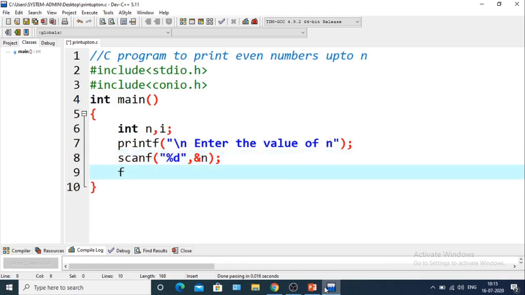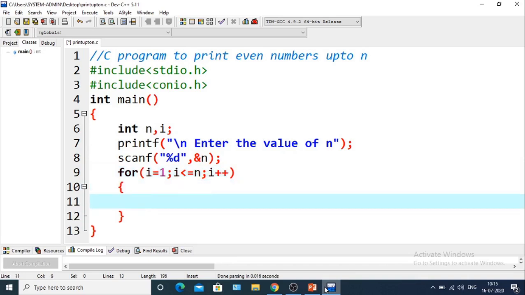Next we'll take the for loop, for i equals 1. Always remember that it will start from 1, because 0 is neither an even nor an odd number. So i less than or equal to n, i plus plus. Suppose the value of i is 1. We have to check whether it is even or odd. For that we will mod the value of i by 2. If it is divisible by 2, then it is an even number.